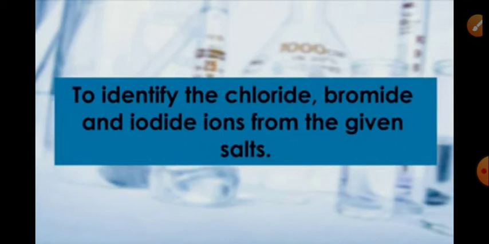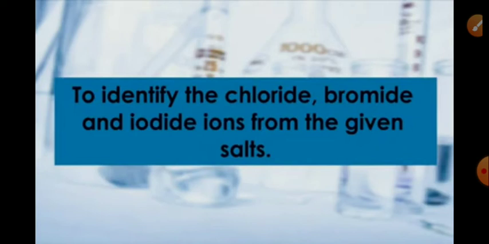Same way we will perform with test tube B. We will put few drops, drop by drop, of AgNO3 and again we will see the chemical reaction. And in the last we will perform the same procedure with test tube C and check what changes are taking place. So what happens as soon as we add silver nitrate? The chemical reaction starts and some product is formed there.